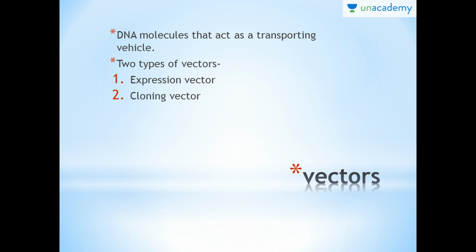Cloning means making a copy of the same DNA. So a cloning vector is used to make copies of the DNA and an expression vector is used to make the protein. But the expression vector is not in our course, so we will focus on cloning vectors